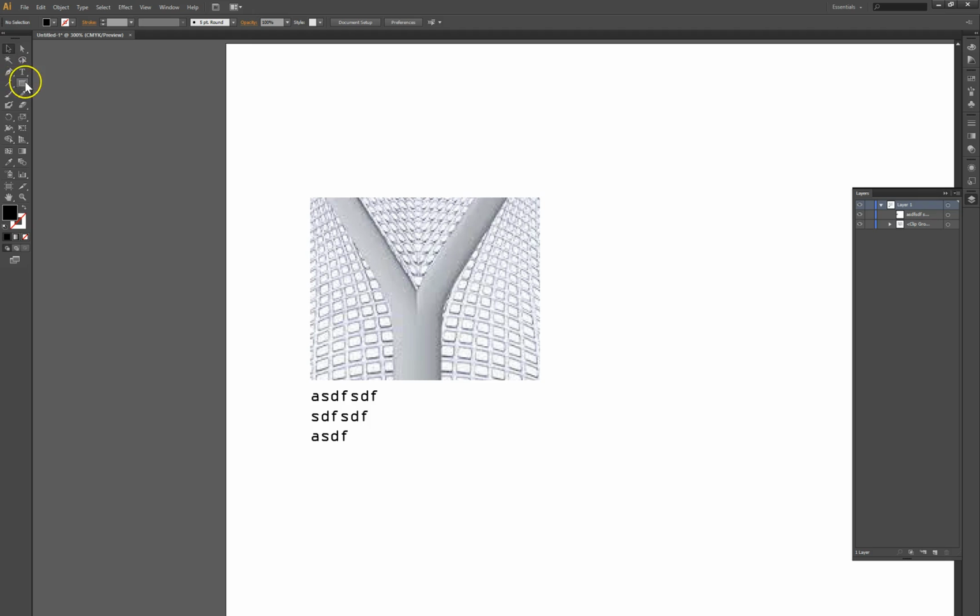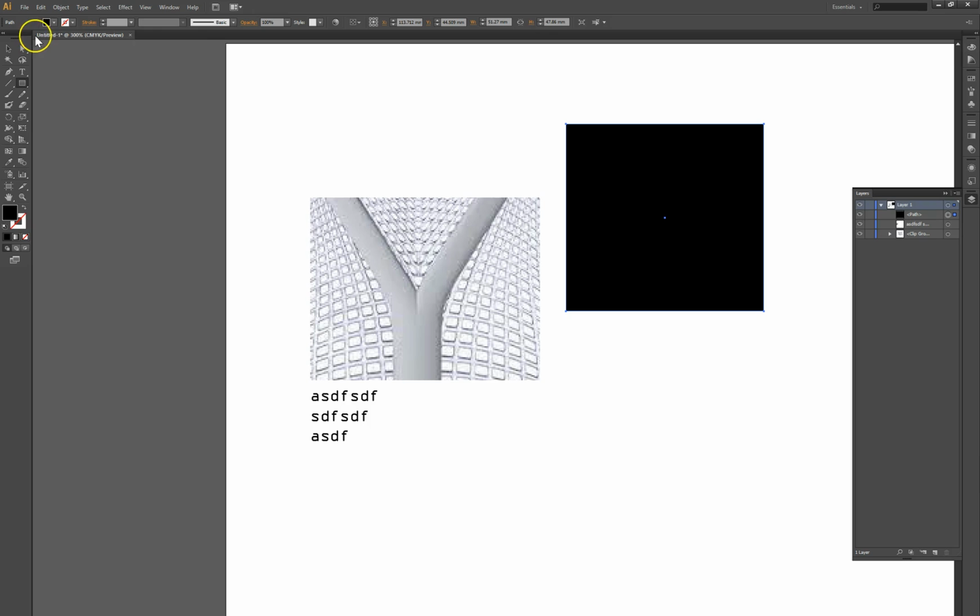So, if we want to create a box, a rectangle, or anything like that, we've got this rectangle tool here. If we click and hold on that rectangle tool, we can see we've got other shapes, so I can go for a rounded rectangle, an ellipse, a polygon, etc. If I just go for a normal rectangle,